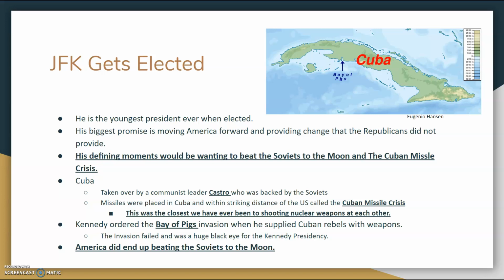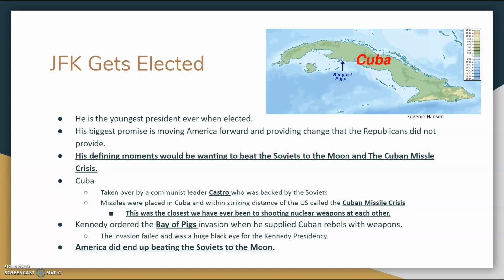All right, so what happened in Cuba is, once again, we're having this big battle between communist and capitalist and democratic. So the Soviets help Castro take over in Cuba, and he takes over that island. And what the Soviets then use is Cuba as a place to plant missiles that would be used to deliver nuclear warheads to the United States. And what this becomes known as is the Cuban Missile Crisis, and it actually ends up being the closest either of these countries were to shooting nuclear weapons at each other. It was very close. It was a time of high tension.